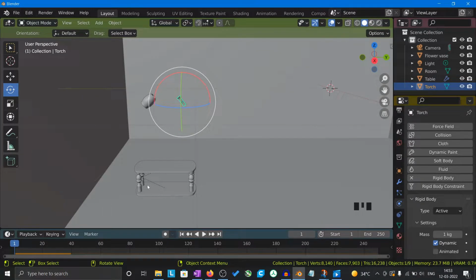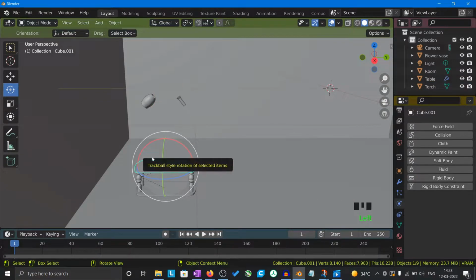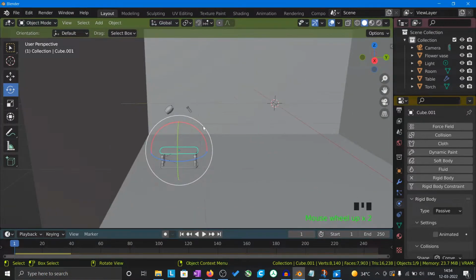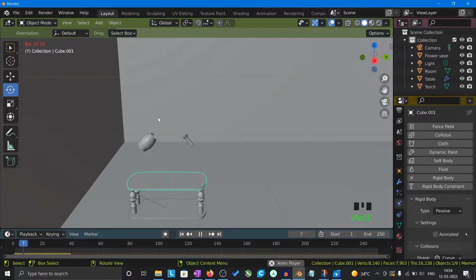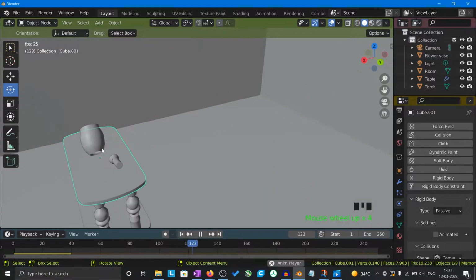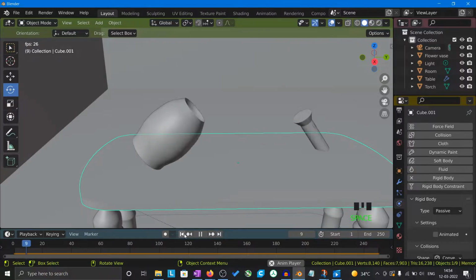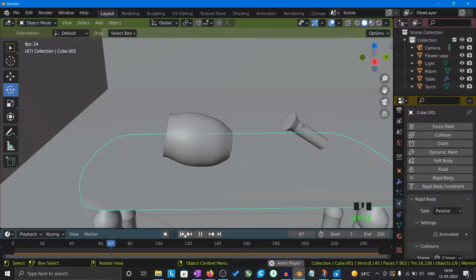For that to be established, you need to make the surface where you want this to behave like that. There also you have to put a rigid body property that you set as passive. So this is the difference here. Okay, I have set this to passive. Now let's see what happens. Now you can see it stayed here and it is moving around, but it is not realistic,